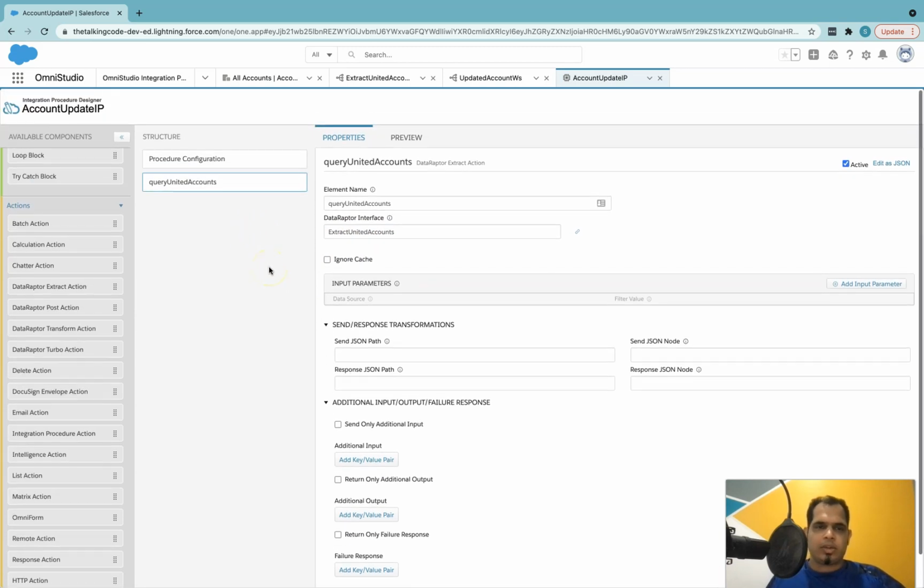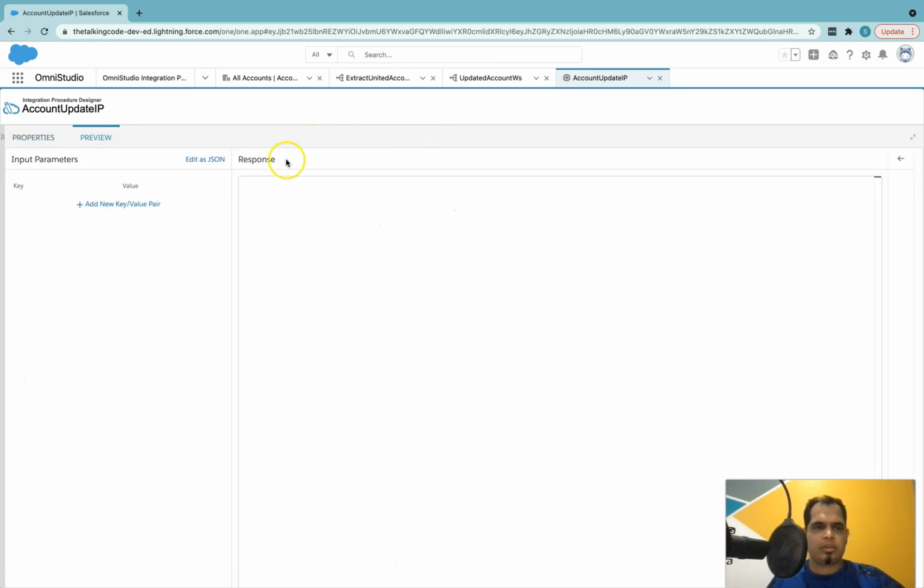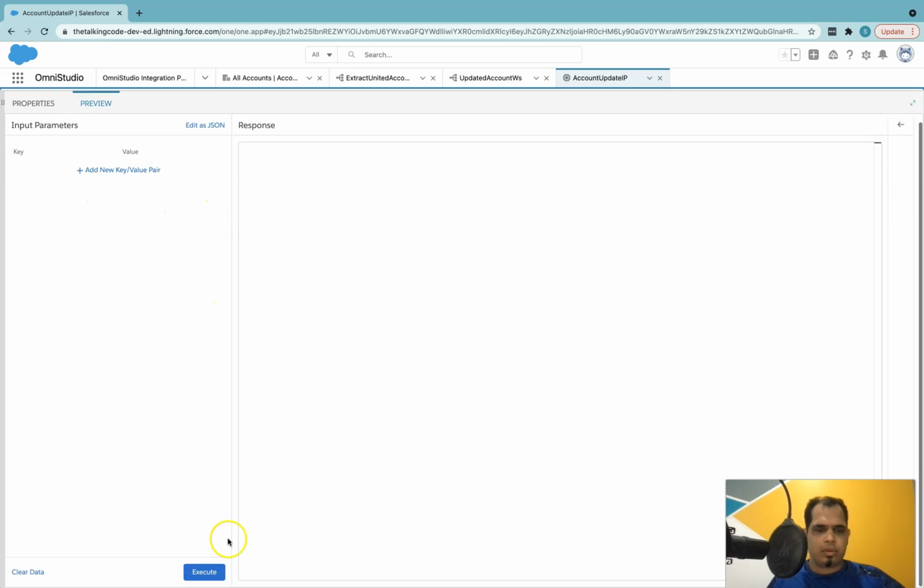So let's quickly try to preview this and see what we are getting. So I will go and click on this preview tab. Here we do have a button to execute this, and same as data raptors, if you want to pass any parameter, you can pass it from here on the left side.